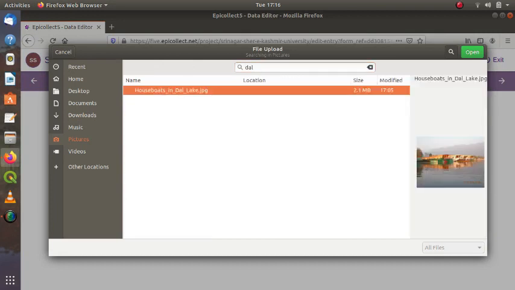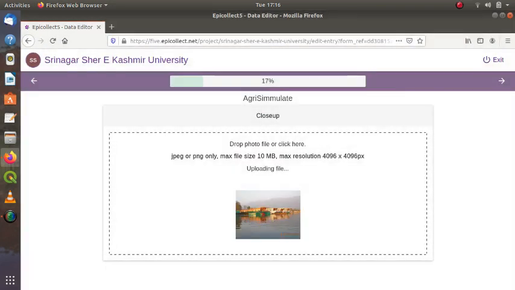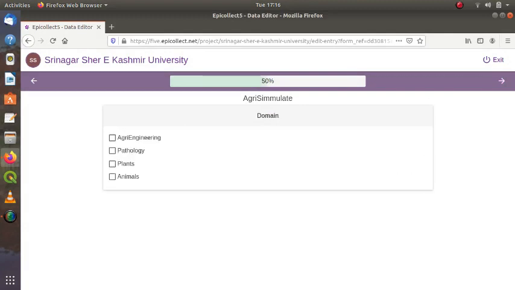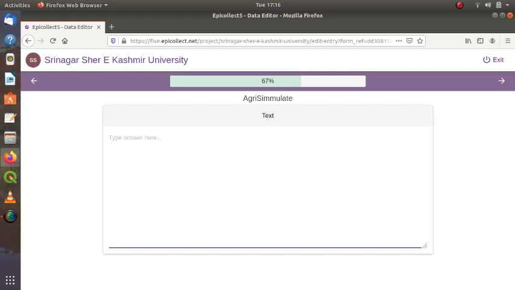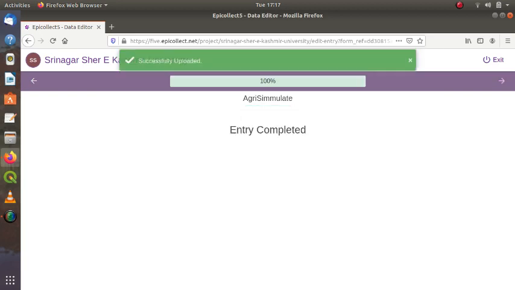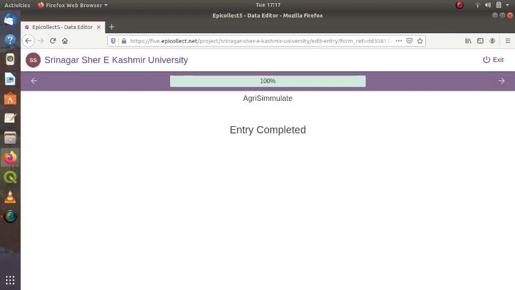Dal Lake, houseboat Dal Lake, very famous. Yes, and the domain, I would say, maybe I would simply say plants, whatever it is, and the person who collected ABC. Okay, then I will save the entry. Okay, so we have 3 entries saved.